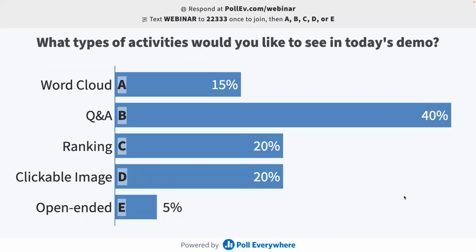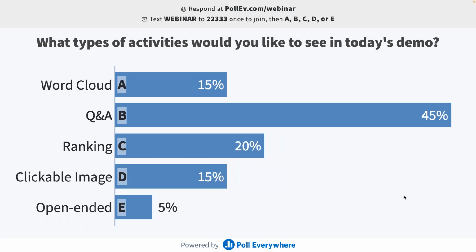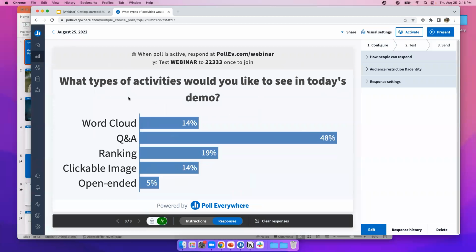So these are great. Okay, it looks like probably we've got all the responses in. Looks like maybe some are changing just a little bit still. But okay, well, with that, it looks like Q&A is still in the lead, so that's awesome. Glad to see that we got some folks here that are excited about Q&A today, so that's great. So I am going to go ahead and exit out of this mode. So I just clicked escape on my keyboard to get out of there, and I'm going to go back to